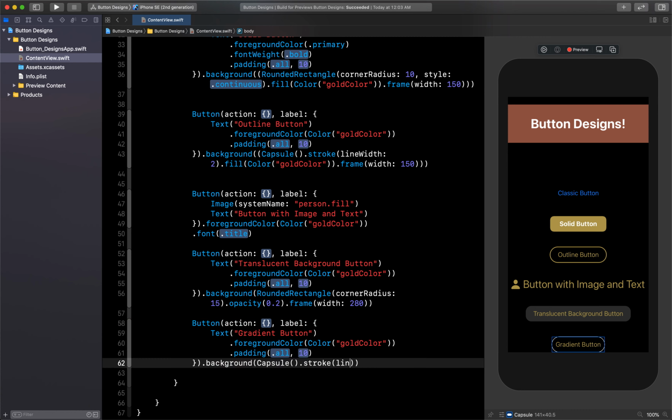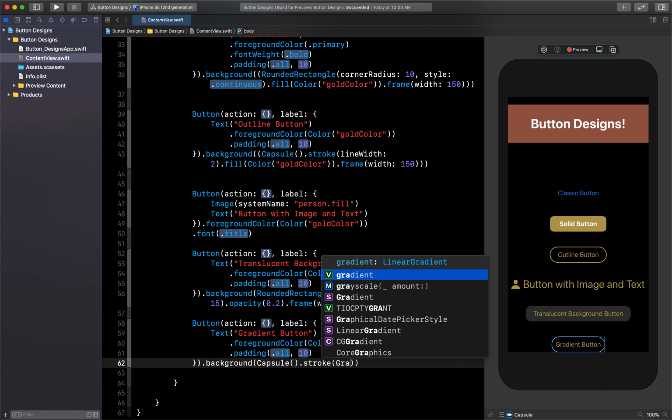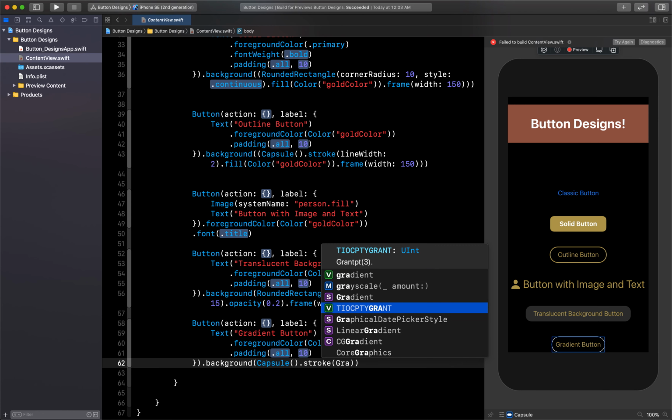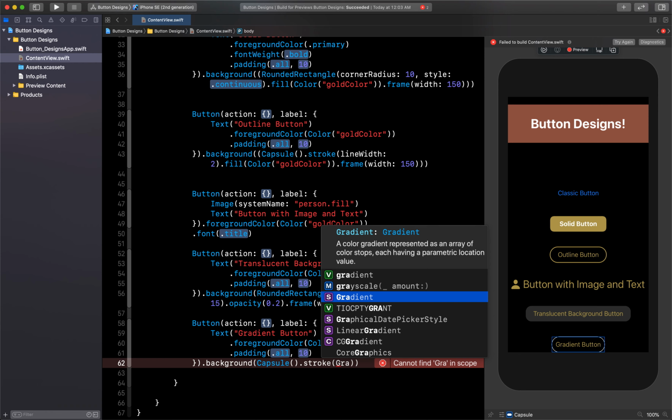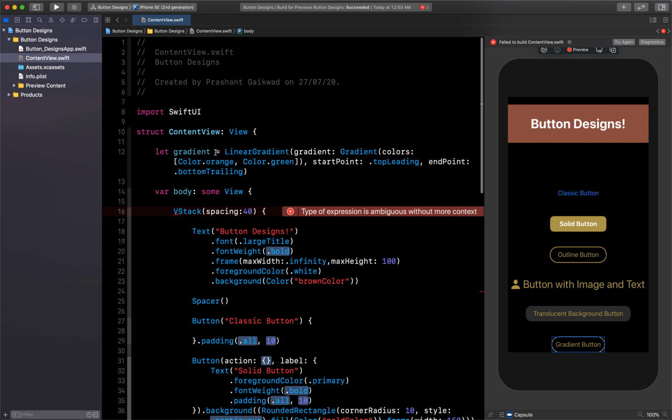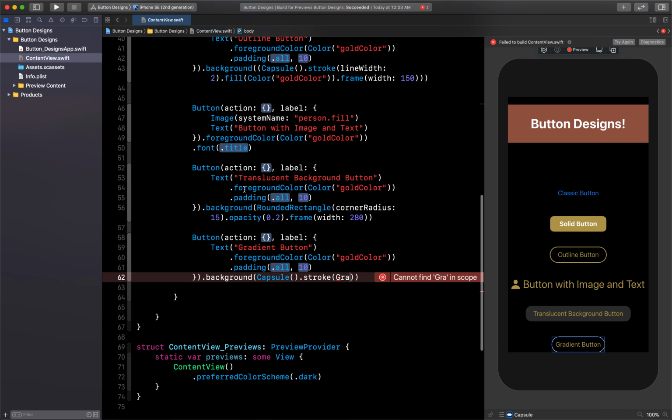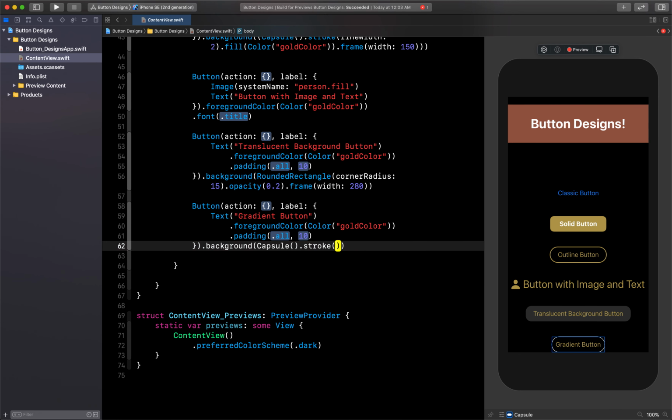I want to use stroke but with gradient, so I will create a gradient here. Or what you can do is, instead of creating a new gradient, we have created this gradient at the start, which is a linear gradient with colors of orange and green from top leading to bottom trailing. So let's directly pass that here.